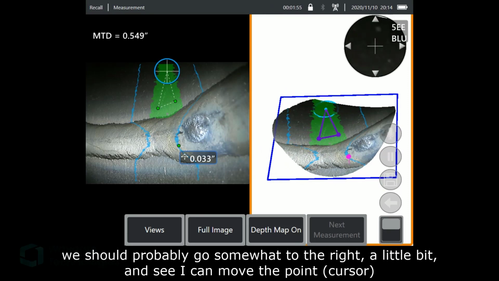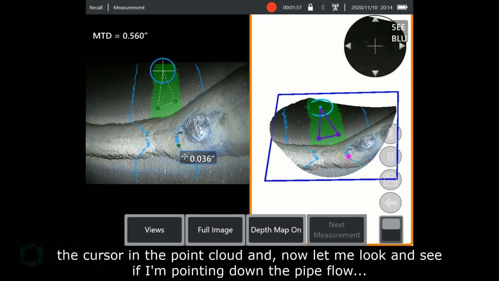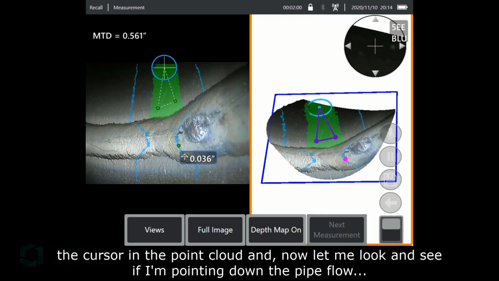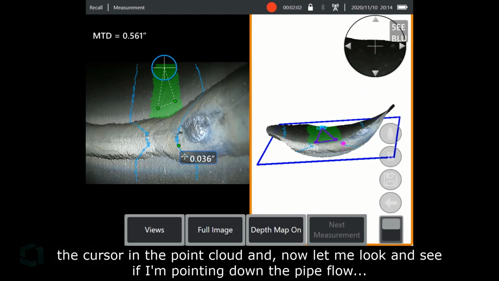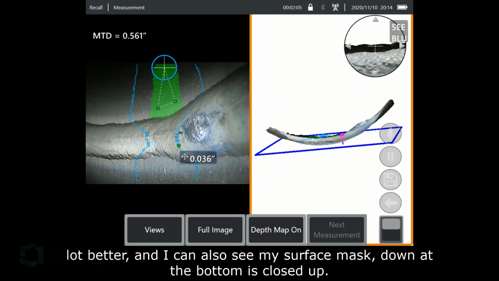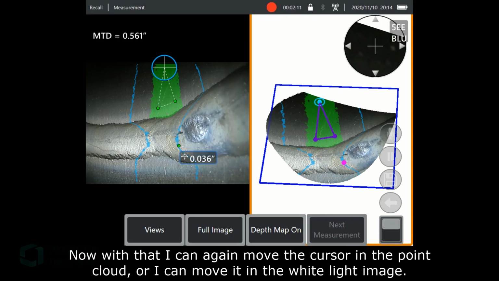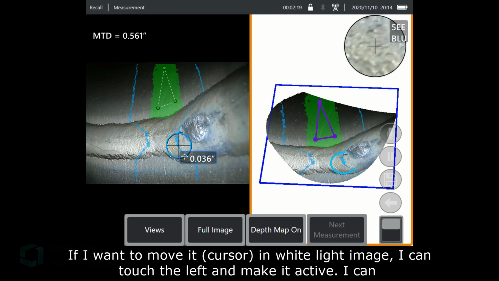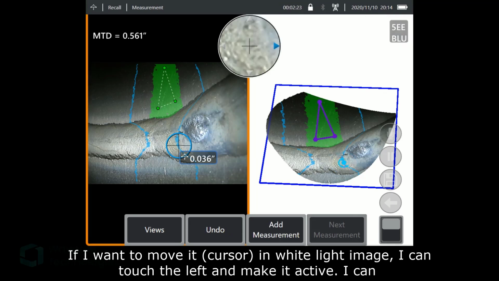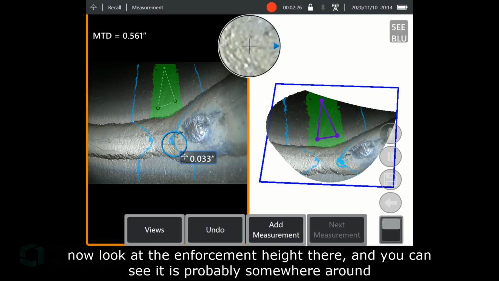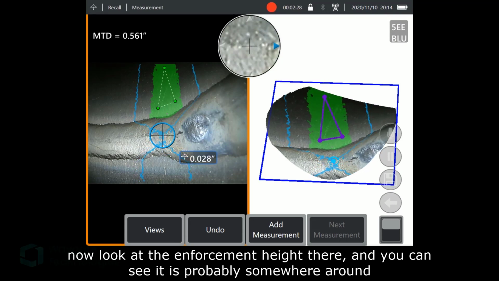You see I can move the cursor in the point cloud, and now let me look and see if I'm pointing down the pipe flow. A lot better. And you also see my surface mask down at the bottom has closed up. So now with that, I can again move the cursor in the point cloud, or I can move it in the white light image. So if I want to move it in the white light image, I touch the left side, make it active, and I can now look at the reinforcement height there, and you can see it's probably